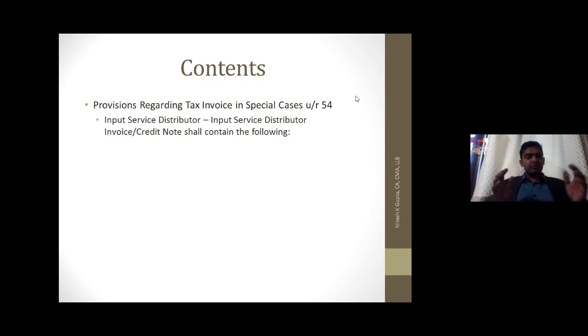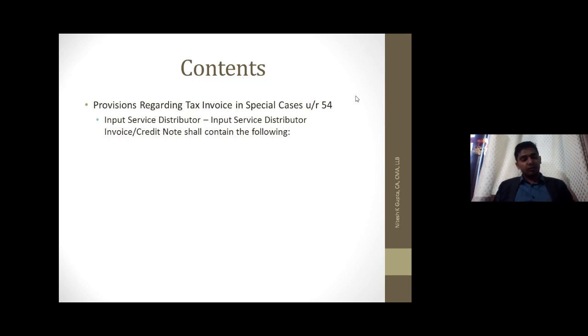Now just think of a situation, an office which is registered under GST has no sales. There is only purchase, purchase and purchase. But the other office has only sales, sales and sales. There is no purchase because all the expenses and purchases are done by another office. So how the credit will get distributed? So what is the solution is that the office which has only purchases, they take GST registration as input